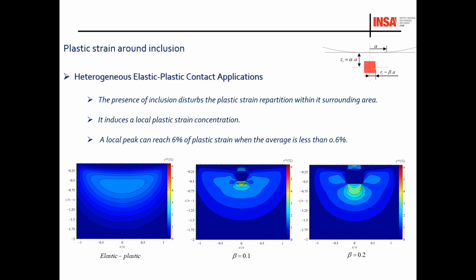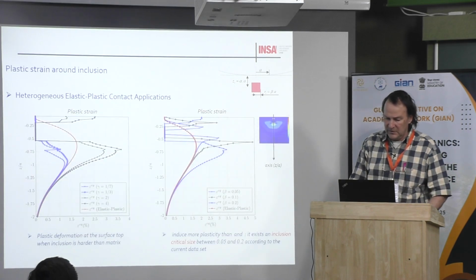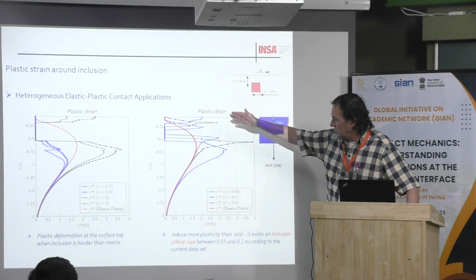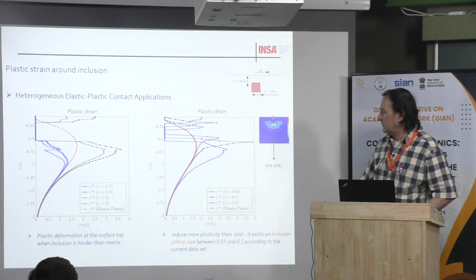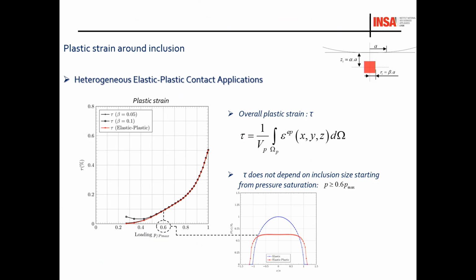Okay, then this is another type of simulation, but you have all the material in the document, so maybe I will let you have a look at that. You can also calculate the plastic strains. The red curve corresponds to the homogeneous body without inclusions. Okay, you have many things like that.